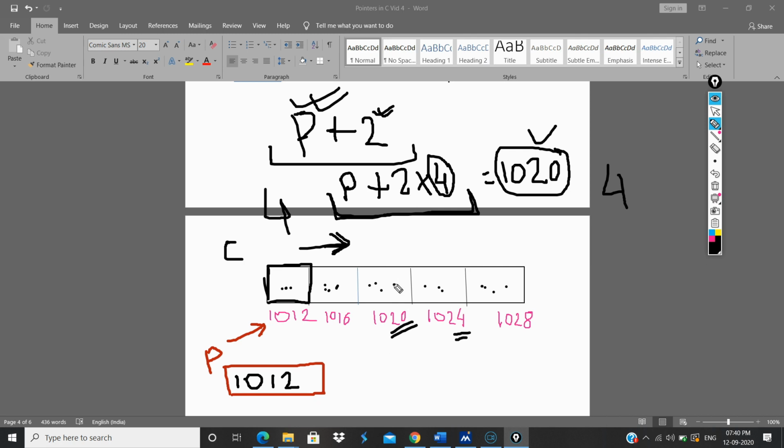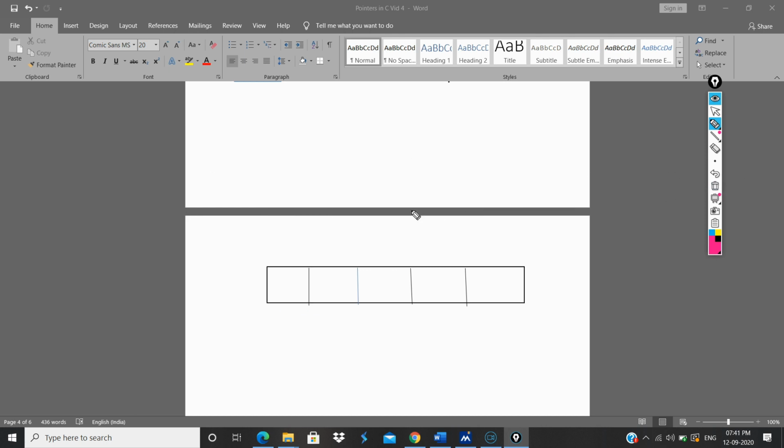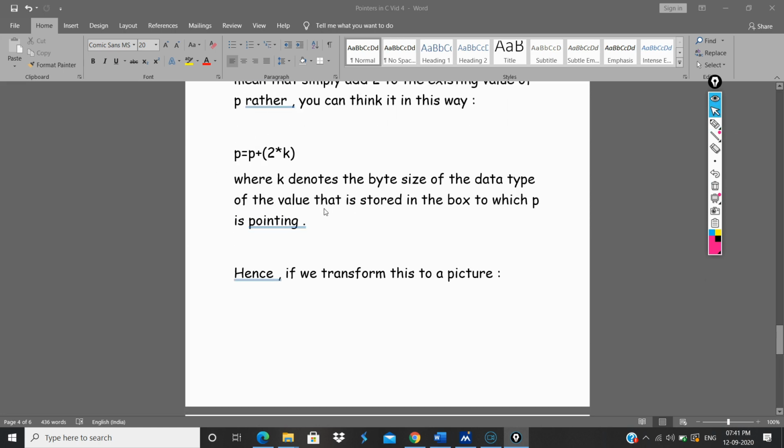Since it is a contiguous block of memory, when I try to access the value inside this particular address, that is this one, the value inside this box, I will not get an error. Why? Because this in turn has some value in it. In my previous case, which I explained a few seconds back, when I got the error, the scenario was different. So this is basically what I have written here.